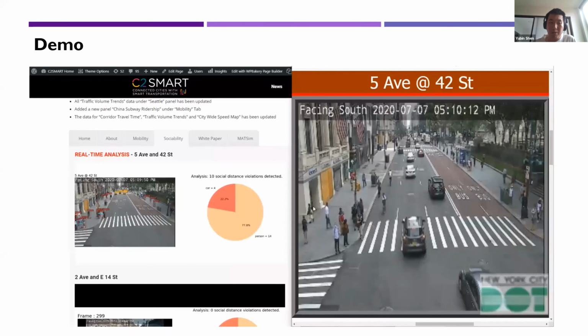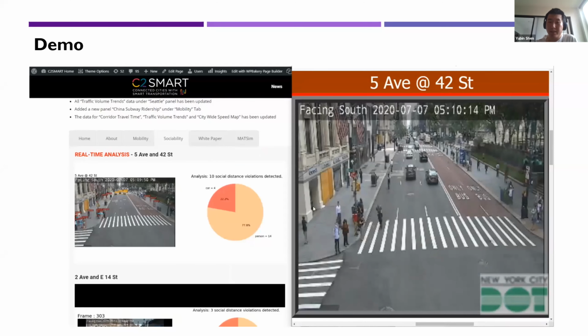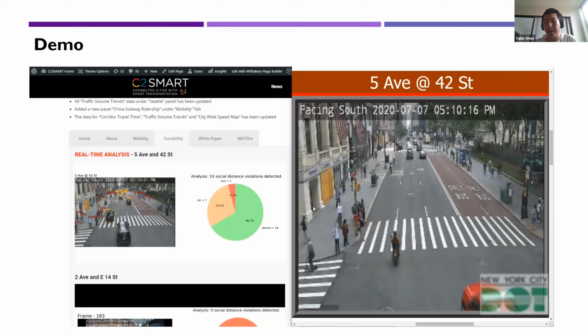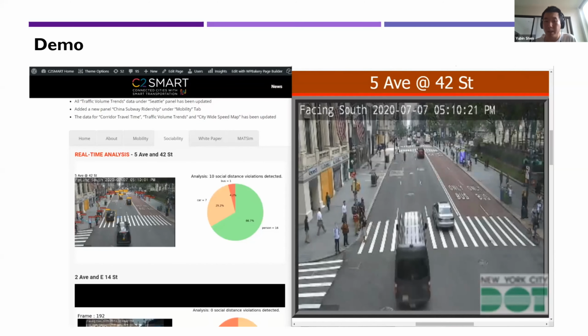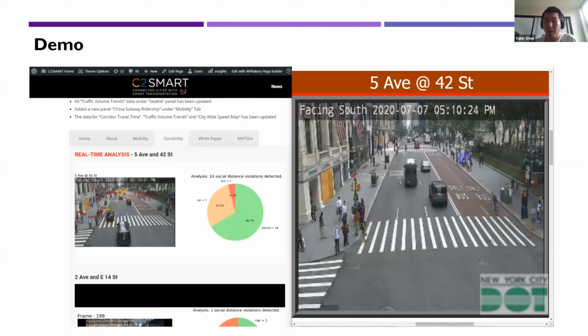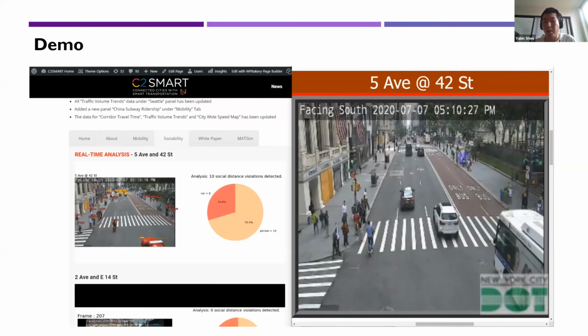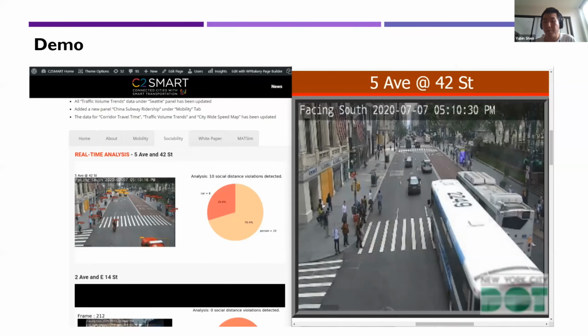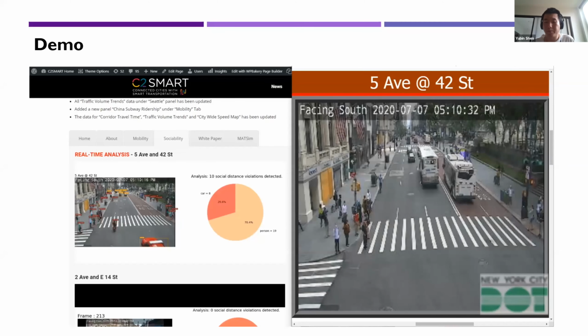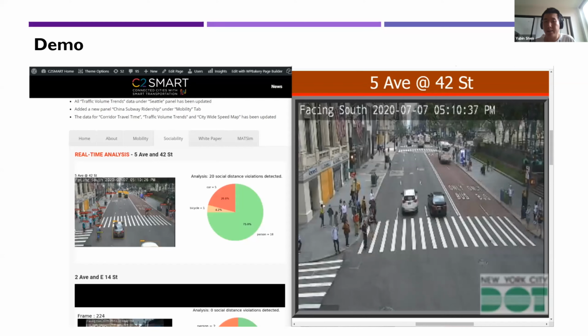Okay, before the demo, I want to mention two things. The first is that this demo is not available on our website right now because we need agreement from the DOT. This one is only for research purposes. The other is, because of the bottleneck I mentioned before, we control the refresh mechanism with a 10-second interval.